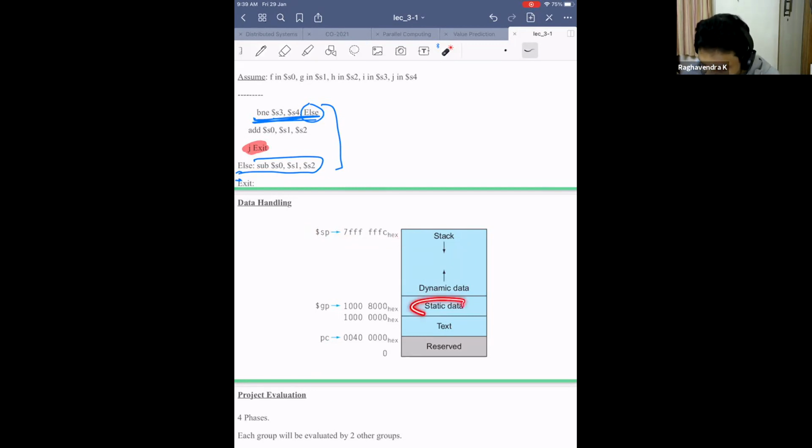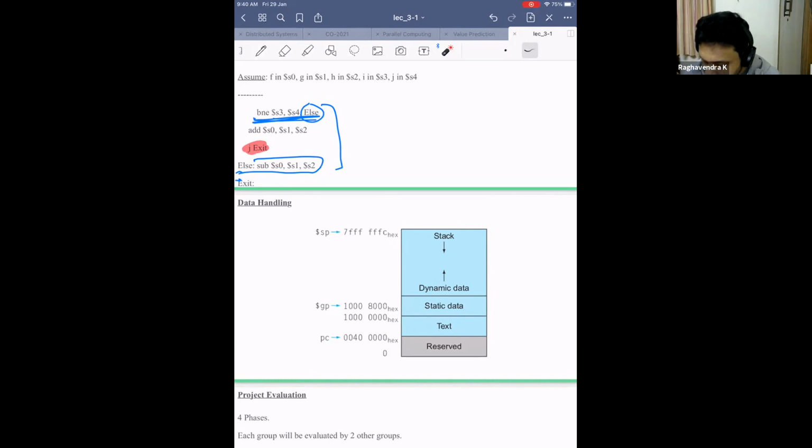There is space for static data. What do I mean by static data? Please don't confuse it with the data being static. It is just that the memory allocated for that data is static. You can write something to it. It doesn't mean that whatever you have written into the static data is always constant. It is just that, let's say I declare a global variable, then it will be in the static data because the memory is predefined. You can't increase it anymore, but you can change that value.